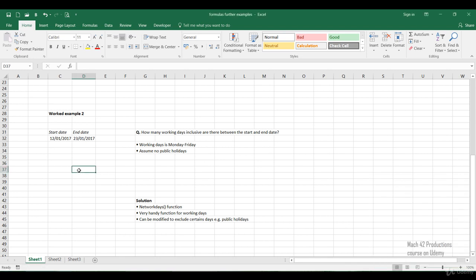Right, so the function we're going to use is called NETWORKDAYS. Now this is very handy, and it can also be modified to exclude certain days, for example, public holidays. Now for this demonstration, we won't be doing that, but I'll show you the third parameter, which can enable you to actually activate that bit of the function. So you press equals, you type in NETWORKDAYS,